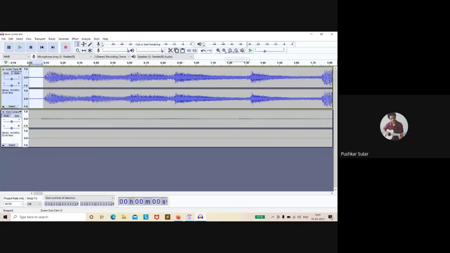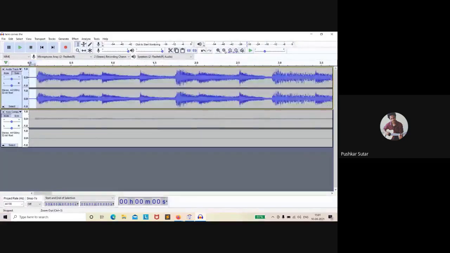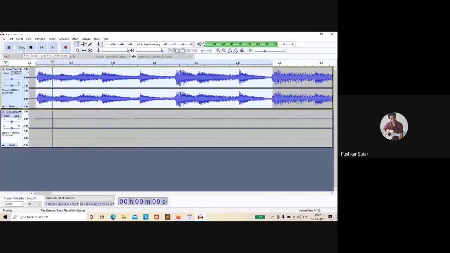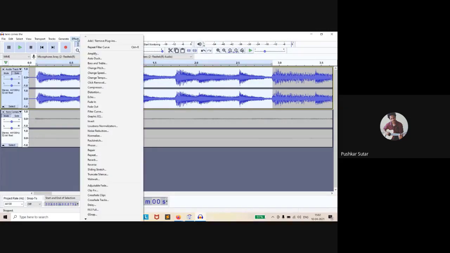Now we've learned how to analyze frequencies in terms of audio, how equalization helps me. Now let's specifically look at the kinds of filter that we saw: the low pass filter, the high pass filter, the band pass filter. Now I'm selecting a part of audio here. Just listen to it again without applying any filters. I'm playing it for you again. Fine, pretty good. Now let's say I'm applying a low pass filter in this region.